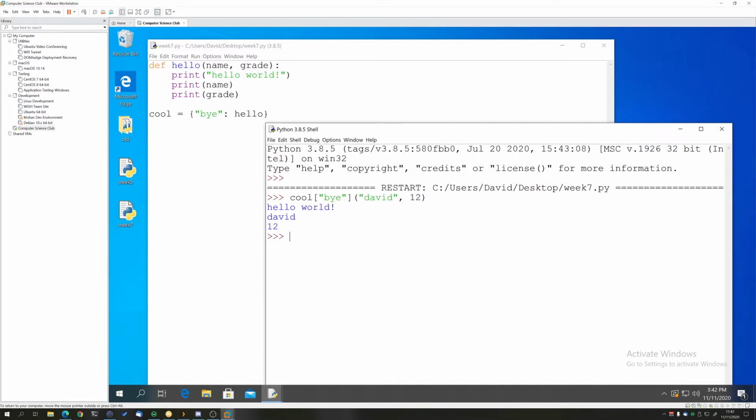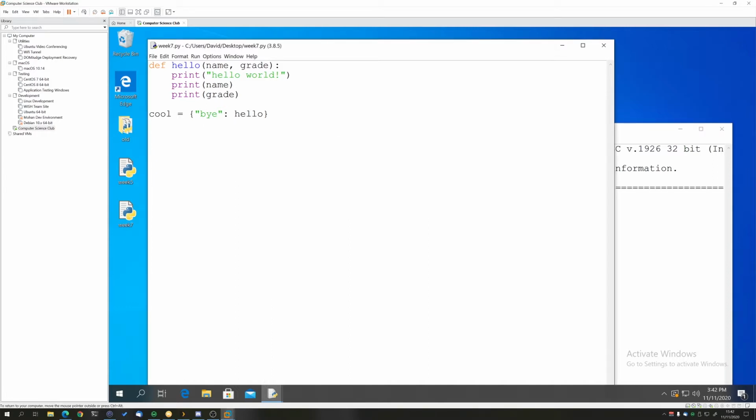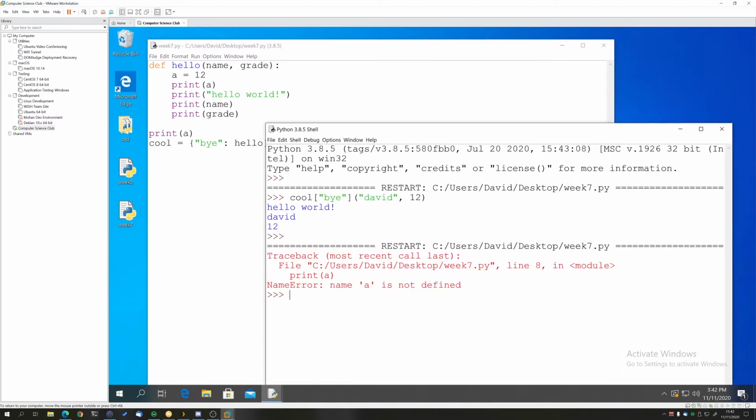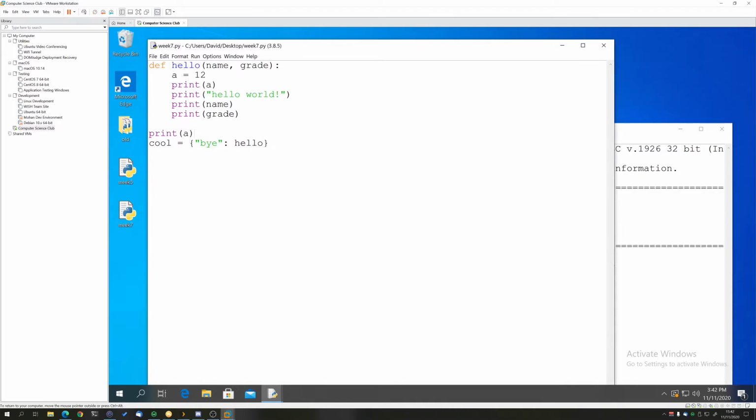Another thing that we need to keep in mind, of course, is the scope of the function. So if I say a equals 12 here, I can print a here. However, if I print it afterwards, a will not be defined.